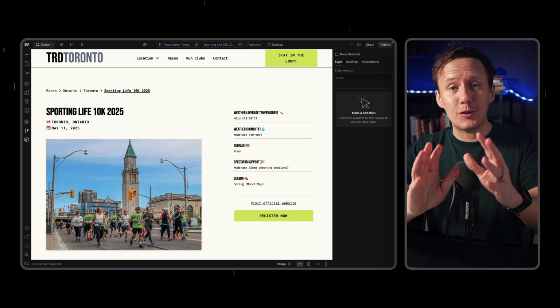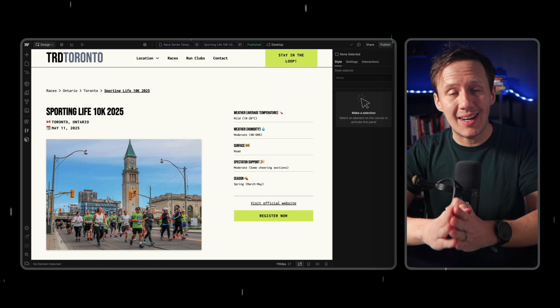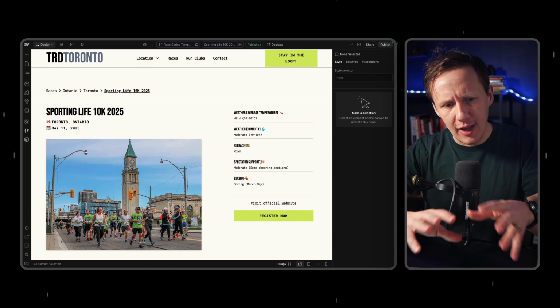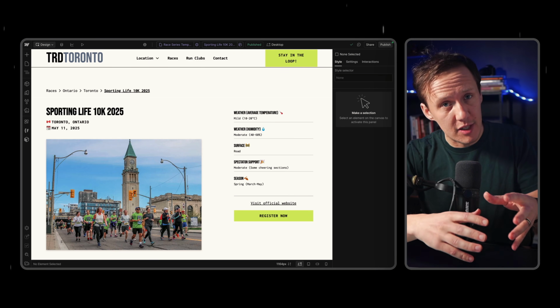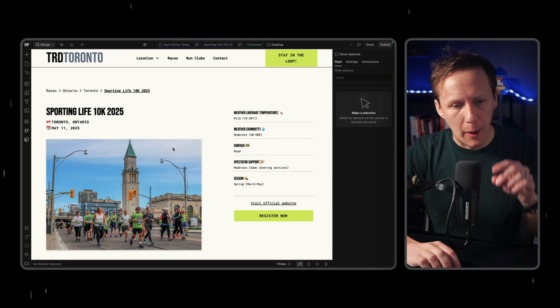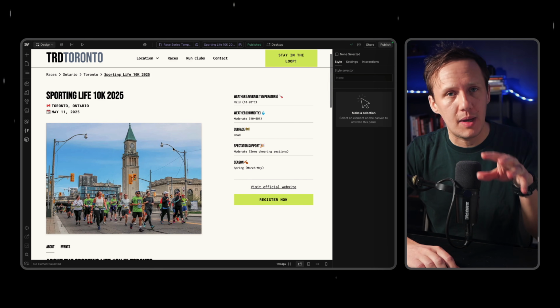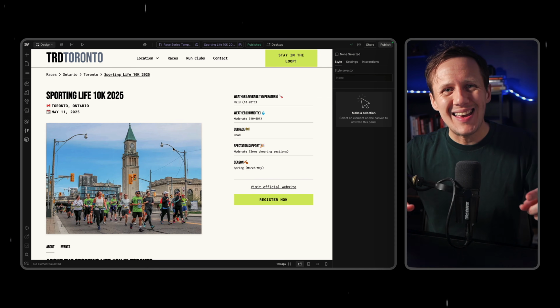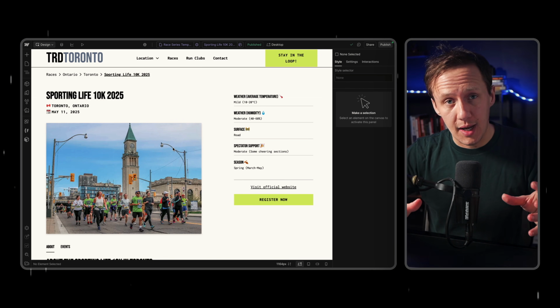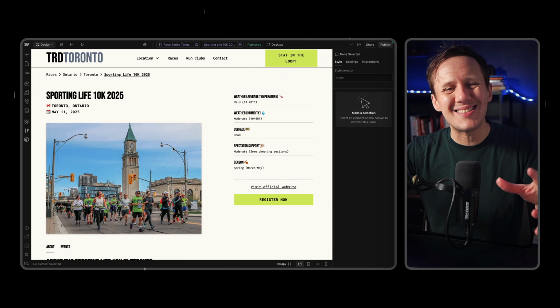Now, there are two different ways that I recommend starting out with building out your database. The first way is a way that I've kind of covered vaguely in some of the previous videos, and the other one is kind of a little bit of a cheat code. So let's start off with the simple one. The first way that I actually recommend approaching setting up your database is starting with the end in mind. So have a think about the directory that you want to set up and think about what it is that